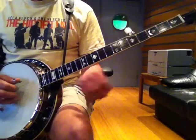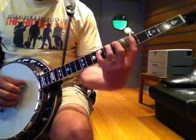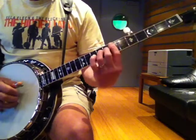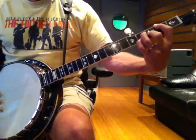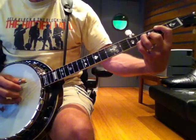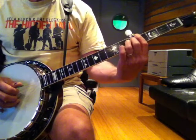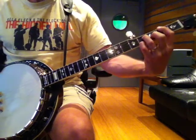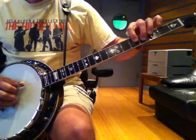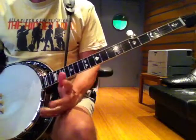And they repeat that. And then the B section starts off with a 2/5 in E minor. It's F sharp minor 7 flat 5 to B 7 flat 9, which I'm here just basically playing the C diminished,